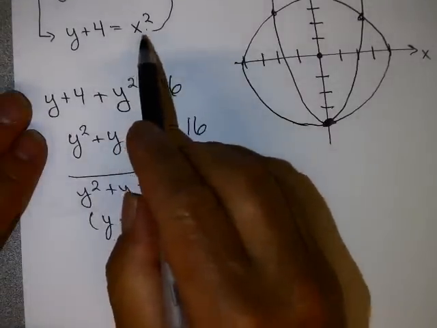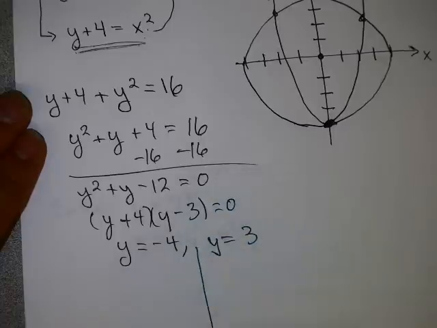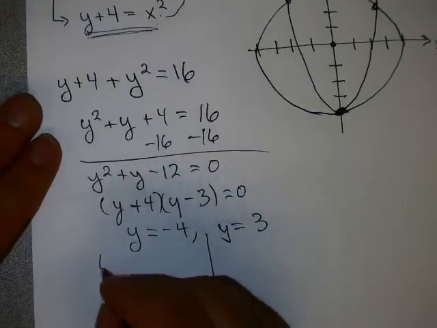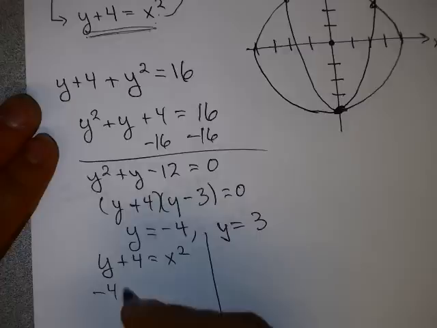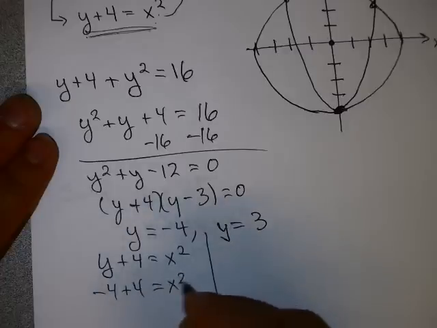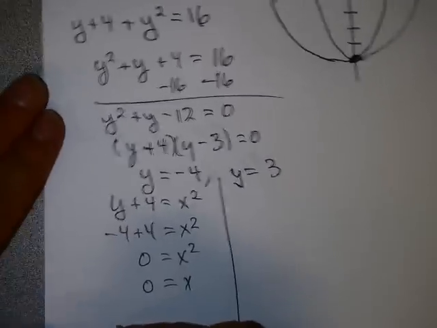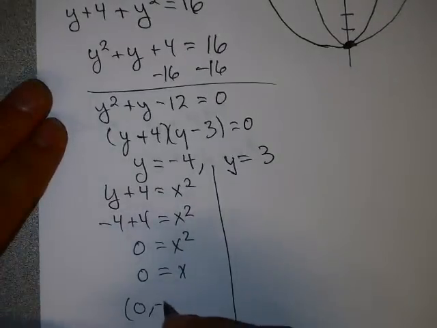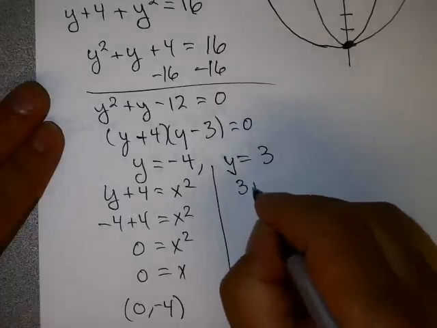Now to find x, I'm going to use this equation right here. So when y equals negative 4, I have y plus 4 equals x squared. So negative 4 plus 4 equals x squared. That gives you 0 equals x squared, which of course gives you the answer that x equals 0. So one possible point is 0, negative 4. Another possible point, if I let y equal 3,